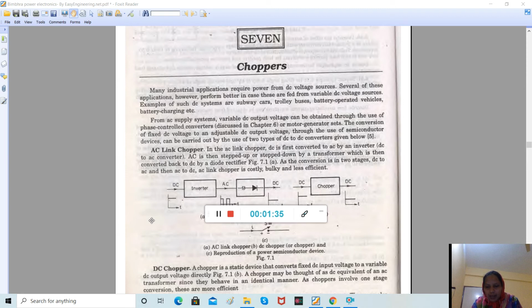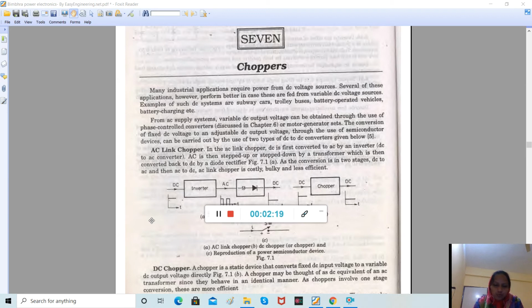So from AC supply system, variable DC output voltage can be obtained through the use of phase controlled rectifier, where you get variable DC output from the AC supply input. About the phase control rectifier, you already studied in the rectifier chapter. Okay, so from phase control rectifier or from motor generator set, we can get variable DC output voltage. But the conversion of fixed DC voltage to adjustable DC output voltage by using semiconductor device can be carried out